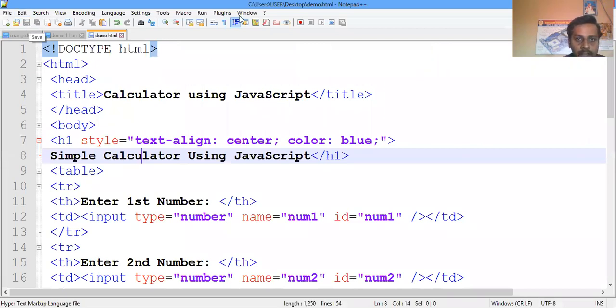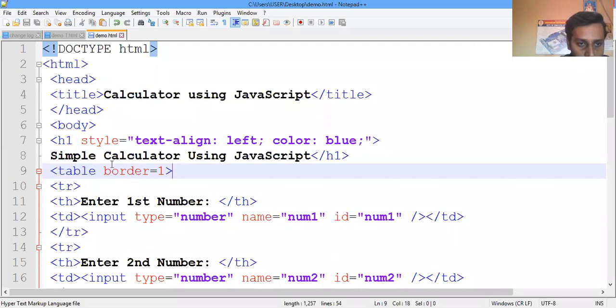I saved the file on the desktop with the name demo.html. Just click on demo.html, and automatically you will get this type of result. So the location is, as I told you, the desktop. In this way you can execute your lab first program.